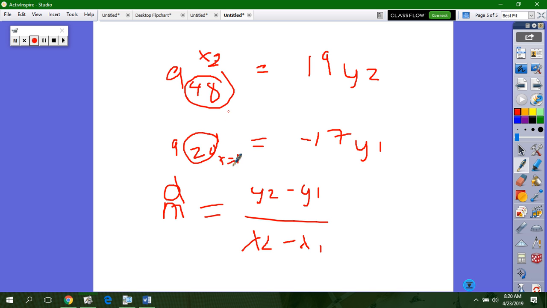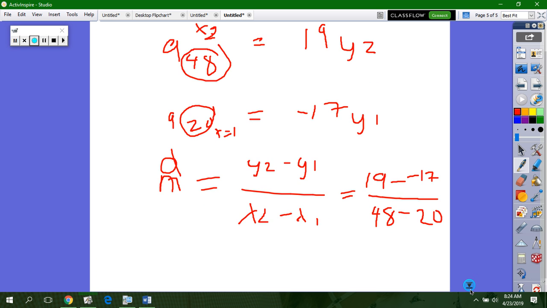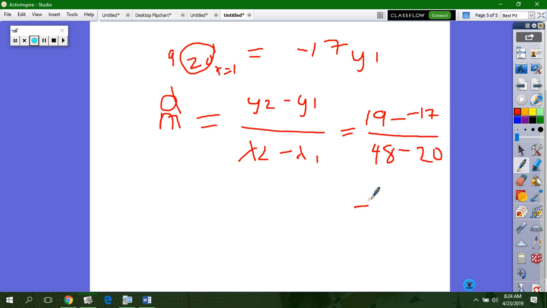Now, could I go vice versa? Could I call this x2 and this x1 and still get the same? I just substituted in. Once again, I could do it this way as well: negative 17 minus 19 over 20 minus 48. It would still give me the same result because this time it'd be negative 36 over